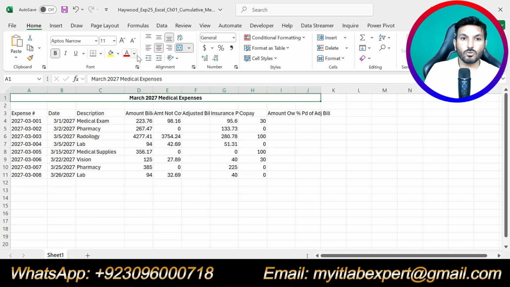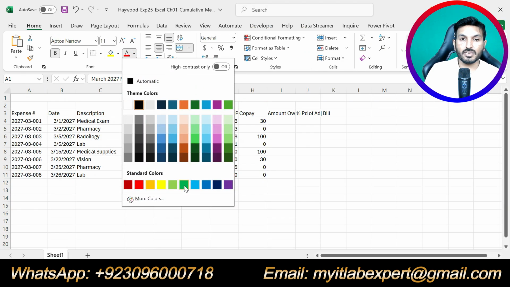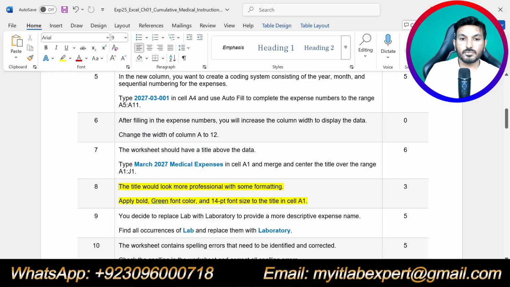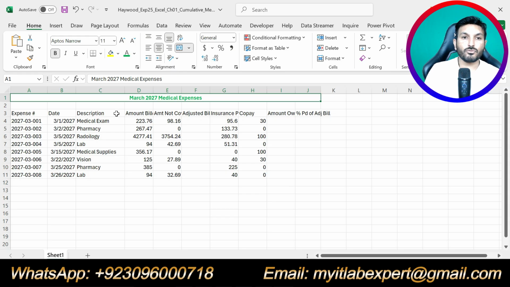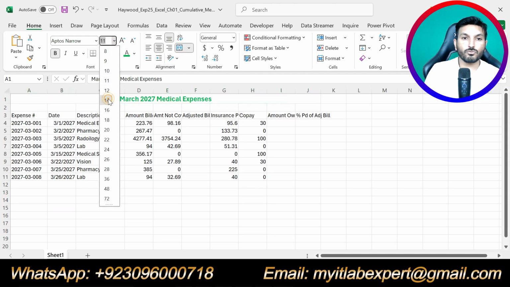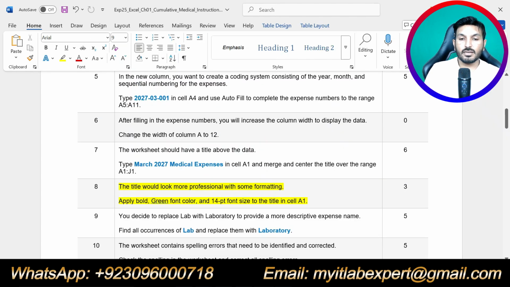Go to font color and select green from here, then 14-point font size. We will change the font size to 14 point. Okay, that is all about step number 8.